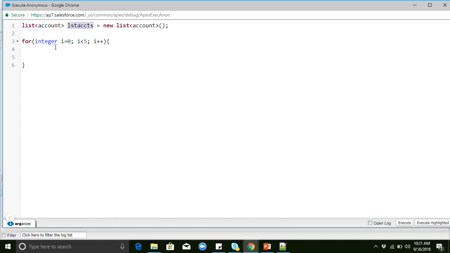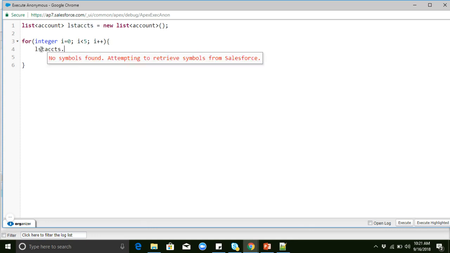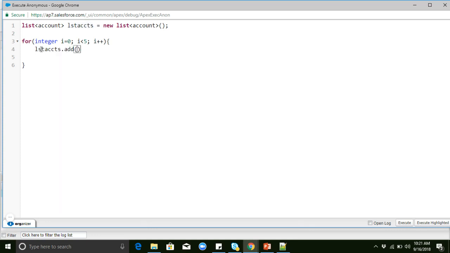I will add those 5 records to this list, adding whatever new accounts I create here. Name is mandatory. This list is for the one without database. I'm adding only the name, and the remaining fields I'm not adding anything.